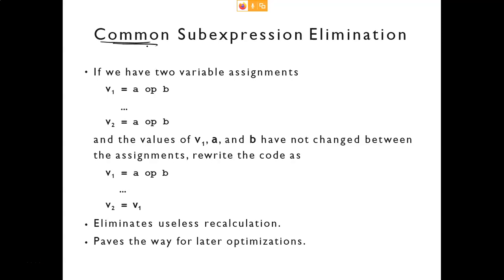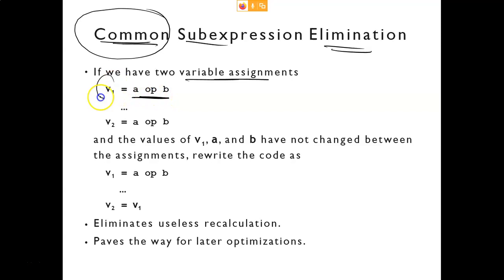Okay, but if we know the formal definition, then things will become very easy and we can do all these things very easily. So what is the common sub-expression elimination definition? The definition is this: if we have two variable assignments, you are assigning A OP B to V1. You are computing this expression and storing it into V1. Then some statements are there, and here again you are computing A OP B and